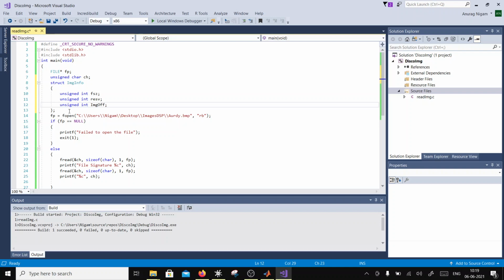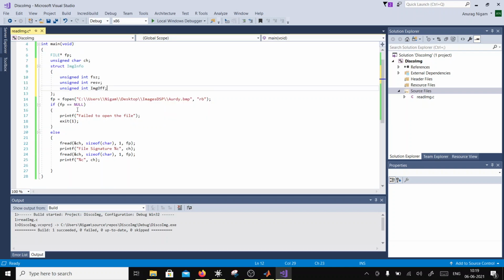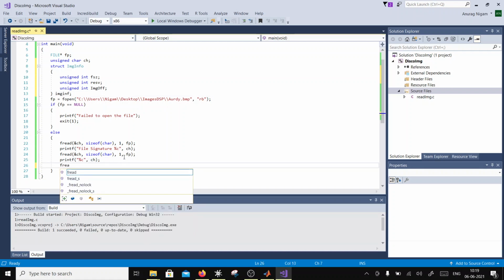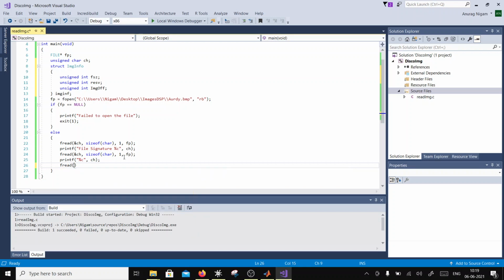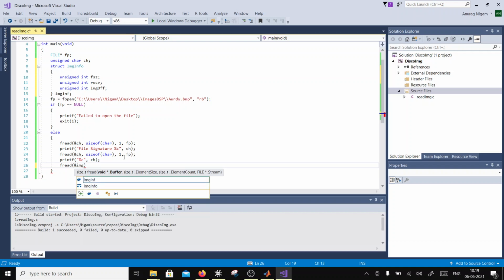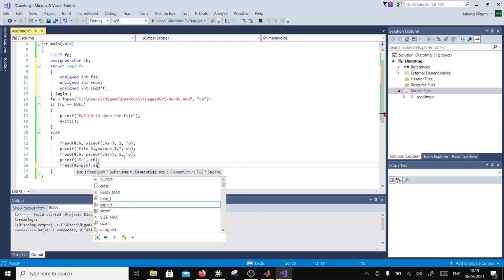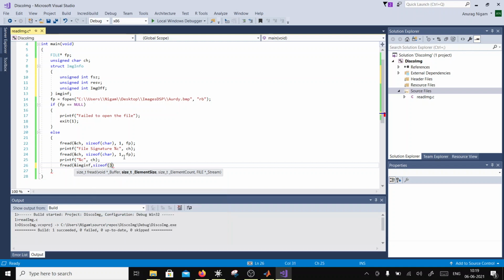So that's there, and I am going to create a structure imginf, and here I can say fread, pointer to imginf, comma, size of img.